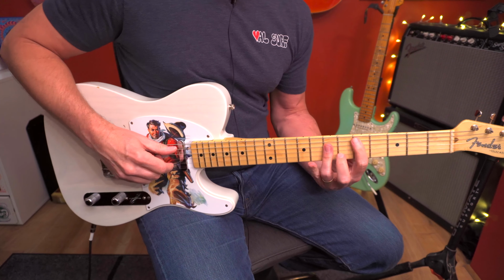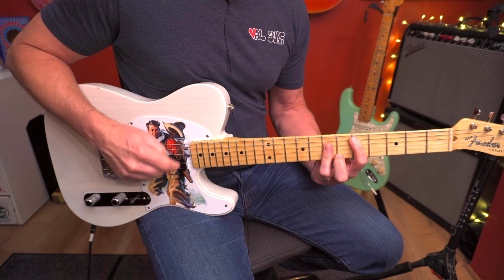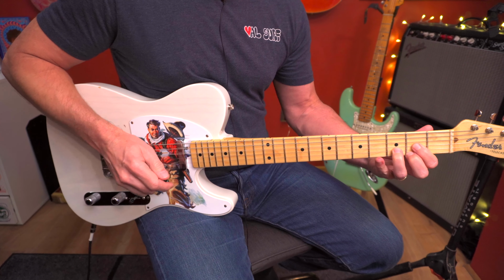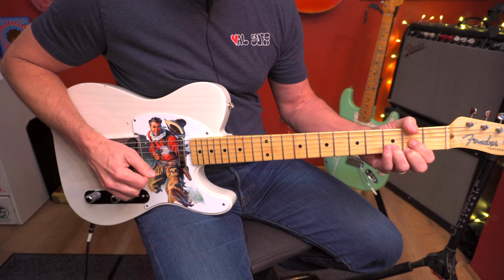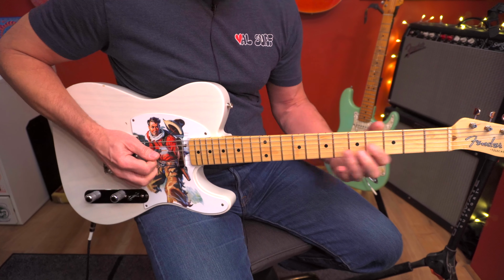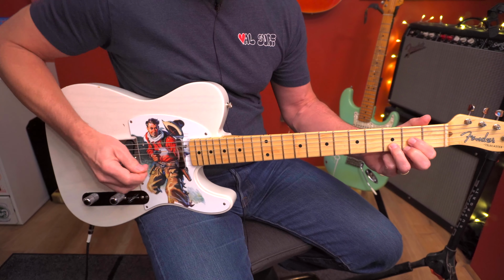Now I just want to show you something. This chord, this D bar chord, is the exact same notes as this chord. Your classic D open chord. Listen, it's the same notes. Same exact thing. So a little bit of homework is to alter this chord into all the different 4-part chords